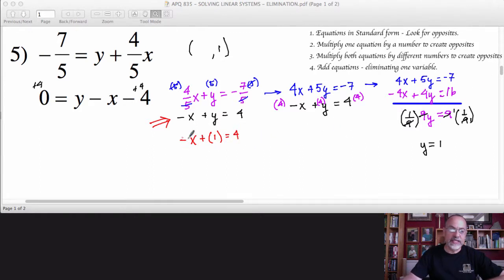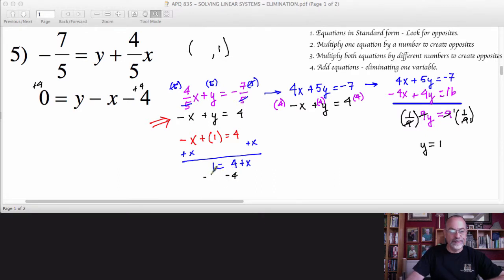Now I want my x to be positive here, so I'm going to add x to the other side. Okay, and so x minus x is 0, leaving me a positive 1 on this side, and then I have 4 plus x. And then to solve for x, I just need to add the opposite of this 4 to